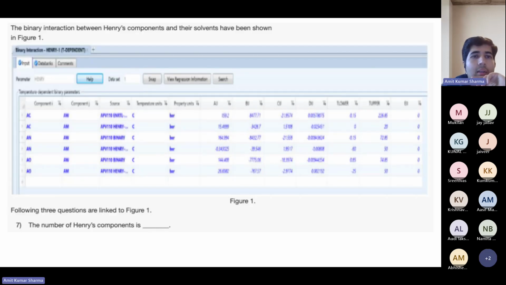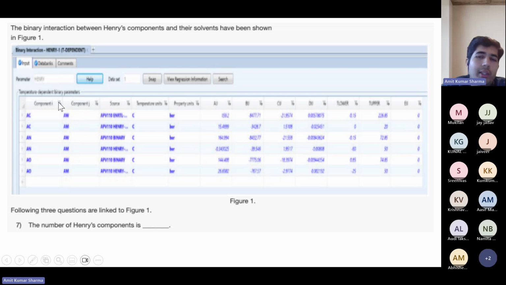So now we have another picture. The picture is a little bit blurry. The binary interaction between Henry's components and their solvent has been shown in the figure. I think one of you had a question regarding this binary component. Here you can see the first column is the component, and the second column, J, is the solvent.